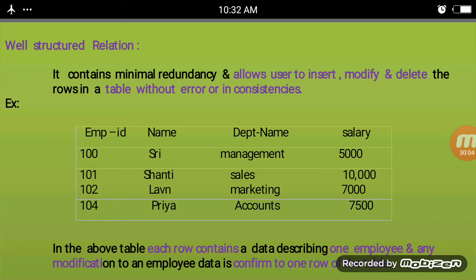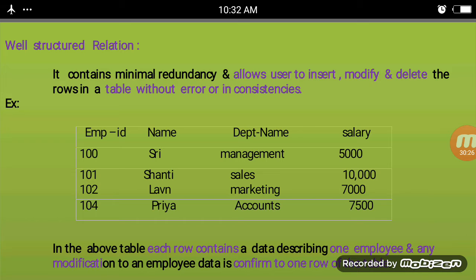It contains minimum redundancy, meaning minimum repetition, and only then is it a well-structured relation. It allows the user to insert, modify and delete rows in a table without error or inconsistency.